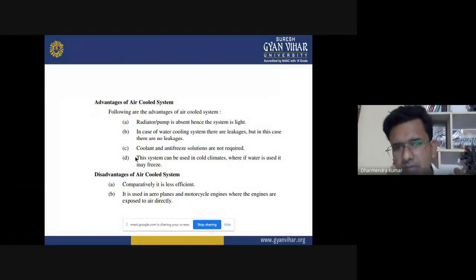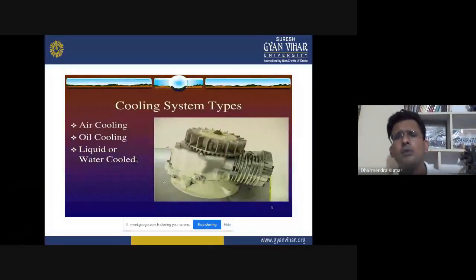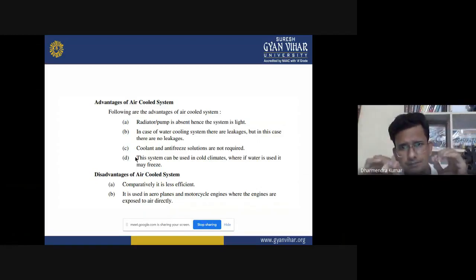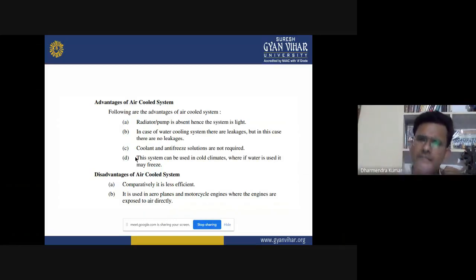First one is the air cooling system. Air cooling means the cooling is totally dependent on air. If we take the example of bikes, we see that above the engine parts of bikes, some fins are assembled together, and when the bike starts, the air strikes the fins, and heat transfers from the fins to the air.